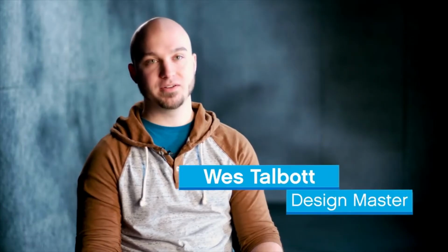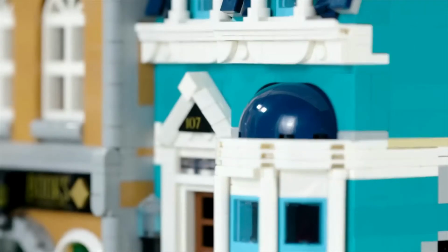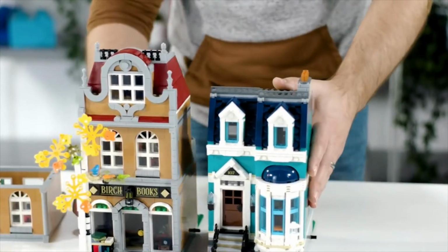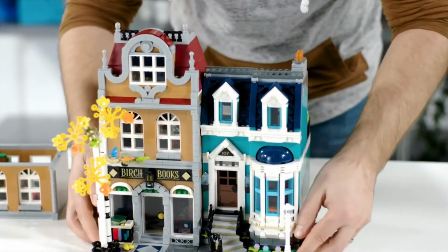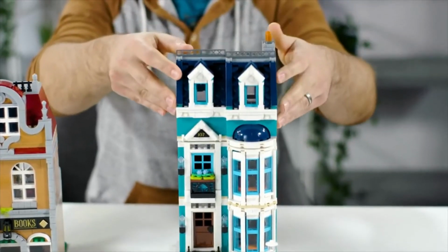I'm Wes, I'm a LEGO design master, and I designed the new LEGO modular building. The new LEGO modular building is an apartment next to a nice little cozy bookstore. We're actually having two buildings. Normally it's just one, but these can split apart so you can put them one way or the other. So if you were to buy more than one, you can actually duplicate the floors and stack up as high